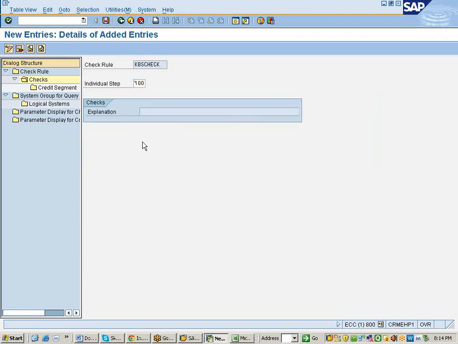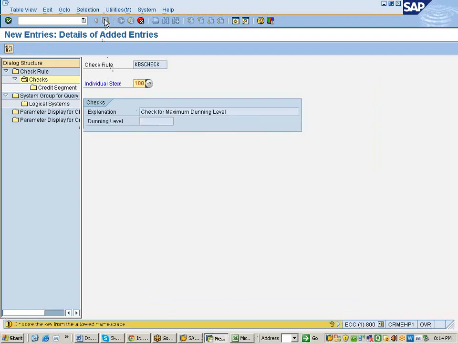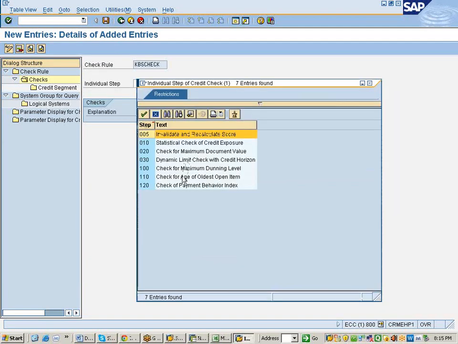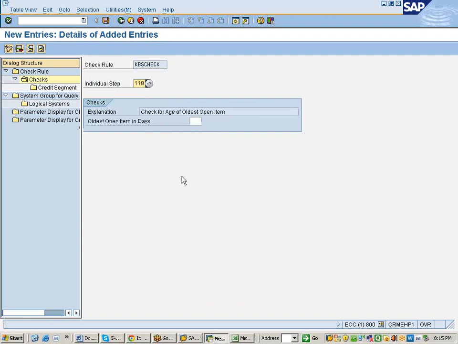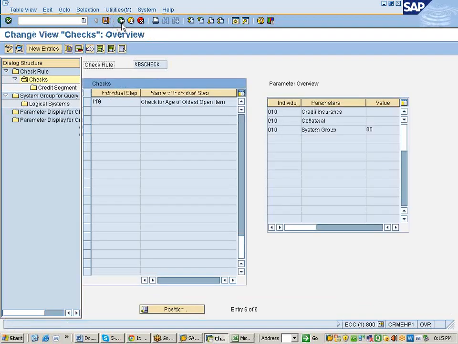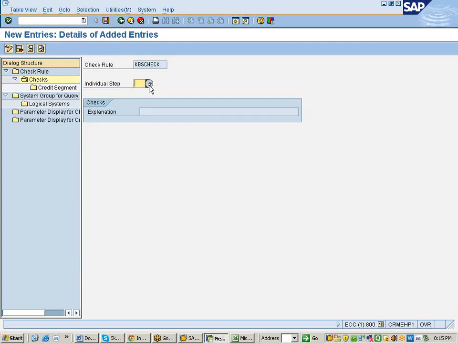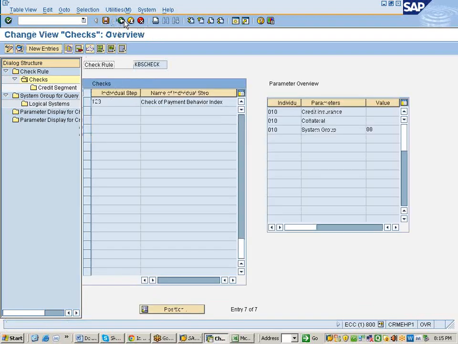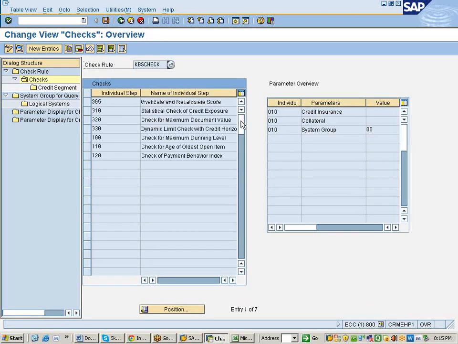Then check maximum dunning level. Then check age of oldest open items. Payment behavior summary. Just add the values. Don't assign any explanations. So here, now under the check rule, my own check rule, I have added all the